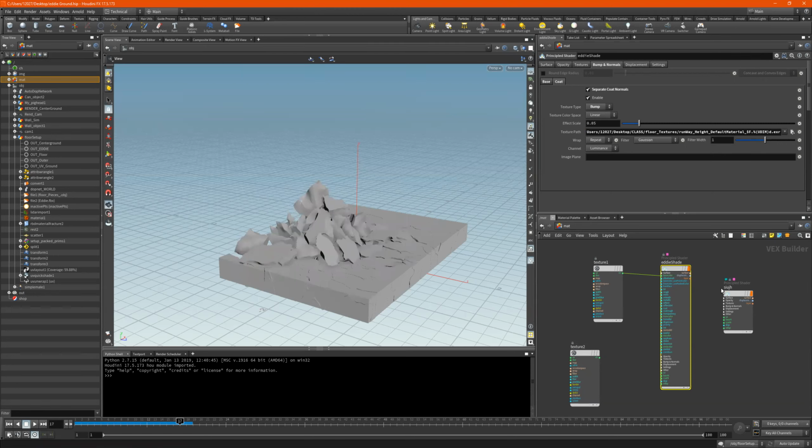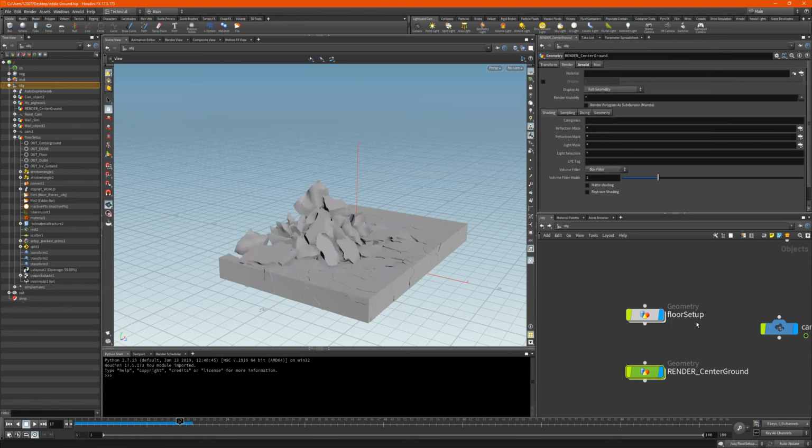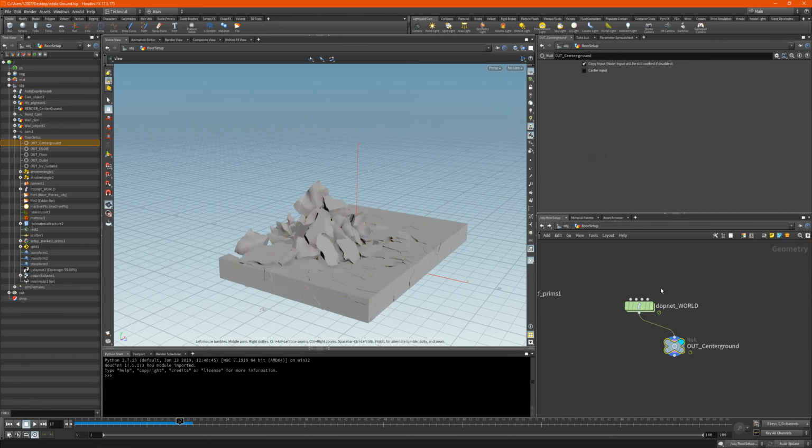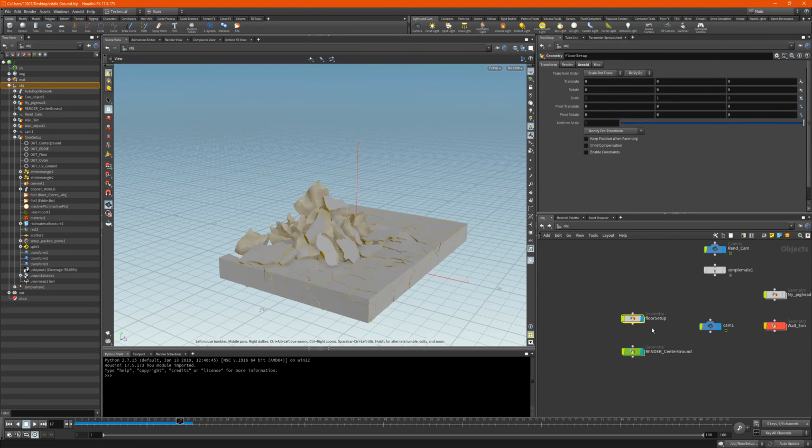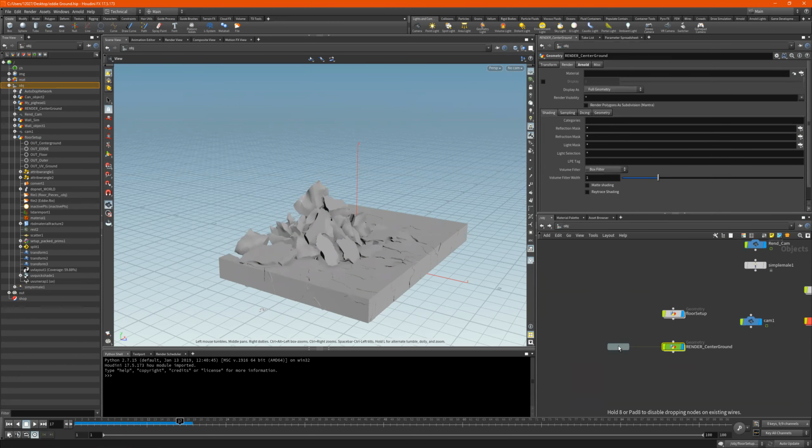All right, so now on to rendering. So if I have this right here, and let's just check this out. This is my center ground. Now where's Eddie? Out Eddie is right here, all right? So out Eddie is in the floor setup. So I'll just select this, copy it,